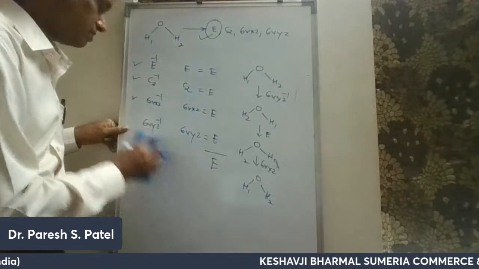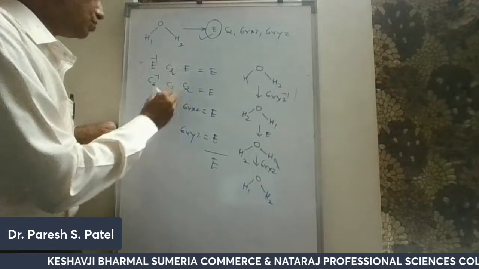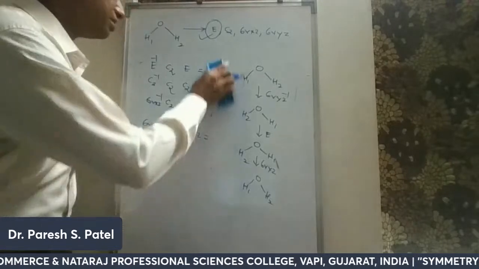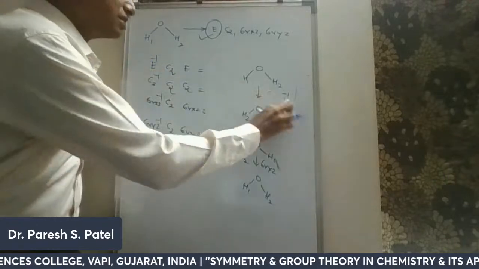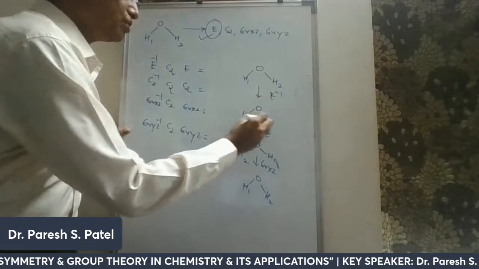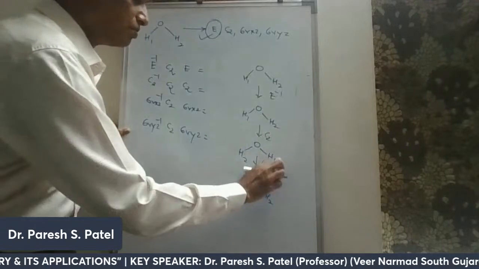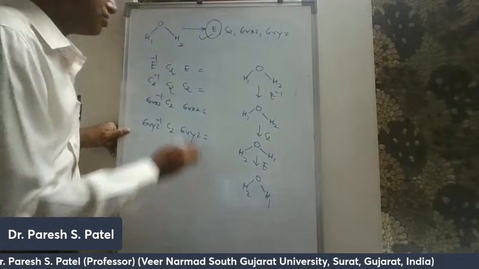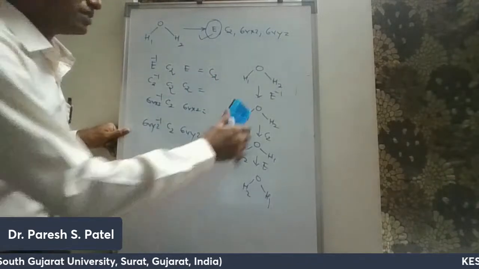The second element is C2 inverse. C2 or C2 inverse, both are the same. And to find out the result, if you operate C2 E inverse, there is no change in the position of this hydrogen. Then C2 to give H2 and H1. Again identity, 2 and 1. So this is nothing but the C2. Both are the same. So next,